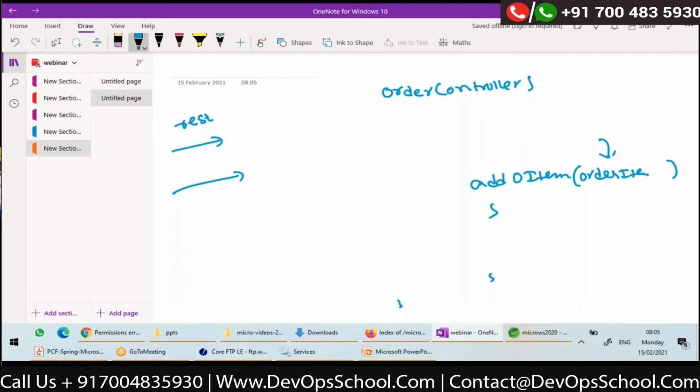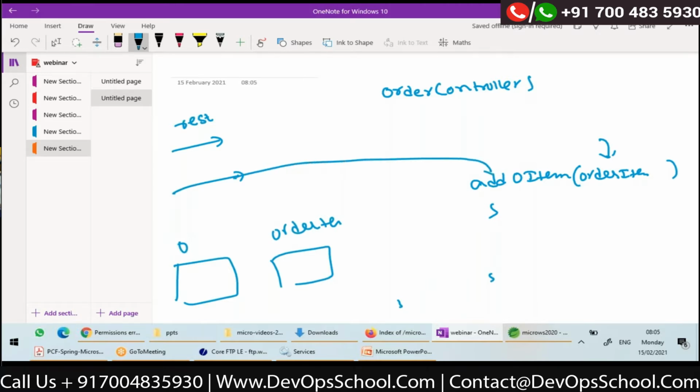Now let's assume that a REST API call is coming, sending data for an order item. In your database you have the orders table and the order item table. A request is coming to add an order item to an existing order. What kind of logic will you write in this method? Do you write logic to add a row into the order item table directly? What is the best practice? You will never write logic to directly add an order item to an order.